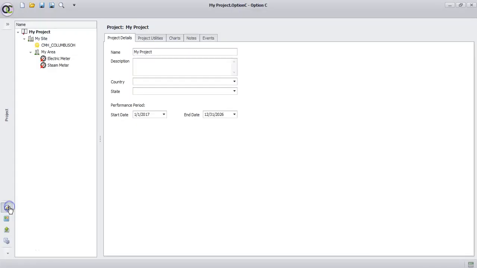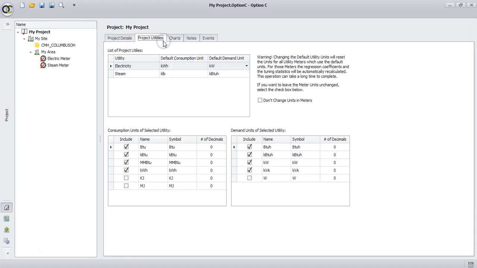Returning to the project view, we can also look at the Project Utilities tab. This tab allows us to select the default units used for each utility appearing in our project. Options appear under the drop-down menu for each utility type for both consumption and demand units. In the tables below, it's also possible to specify the number of decimal places to appear in the bill register. These changes are saved automatically,